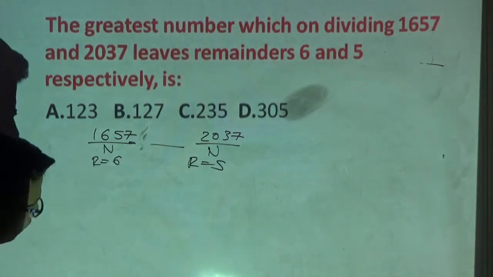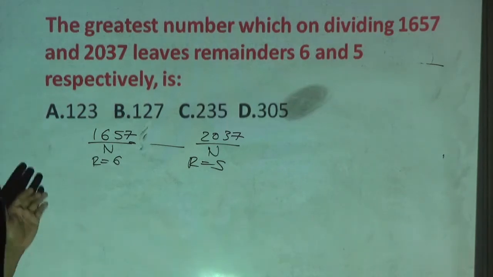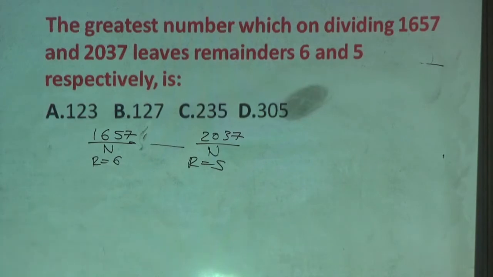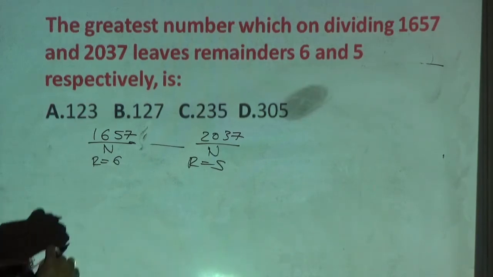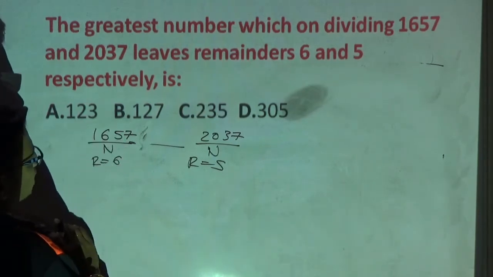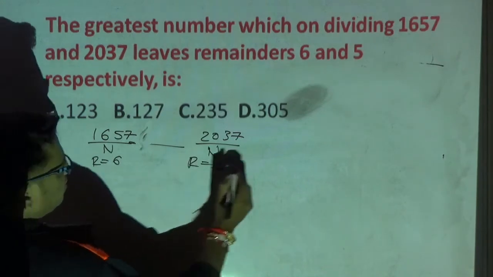Now the number that I want is in the denominator, sorry, I am having the number in the denominator. That means I want to find out the HCF. In order to give these two remainders, what you have to do? You have to find out the HCF